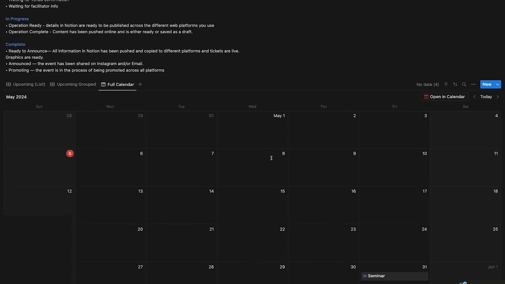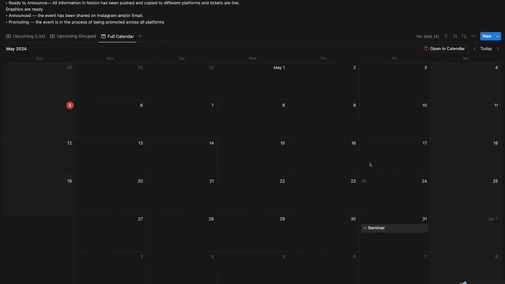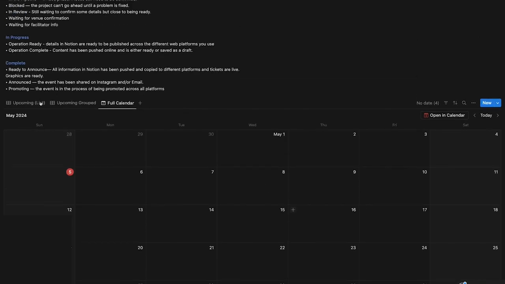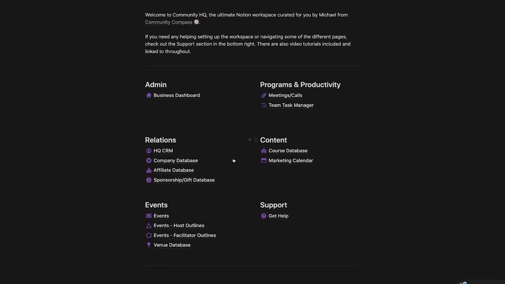So if I scroll down now on this calendar, I'll be able to see that because that event was set for May 31st, you can see it pop up here. And of course, if you have a lot of events that you're running, this calendar will hopefully look a lot busier than this one. So let's go back now to our dashboard. And I want to share with you a few things, or I'm going to tell you about the other features